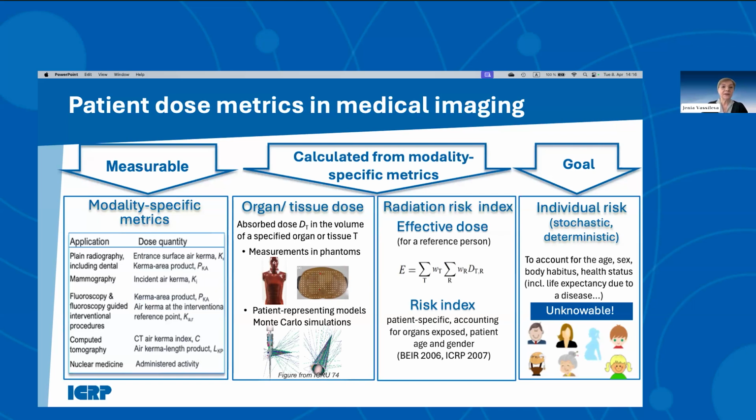They are based on air kerma measured in air, but then we can use either measurements in phantoms, but most often we use Monte Carlo simulations and patient-representing models to calculate organ doses, mean doses in exposed organs